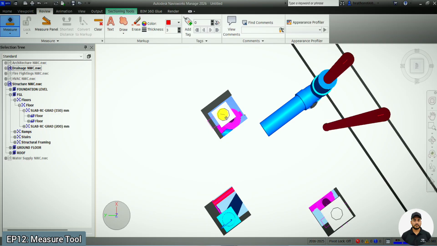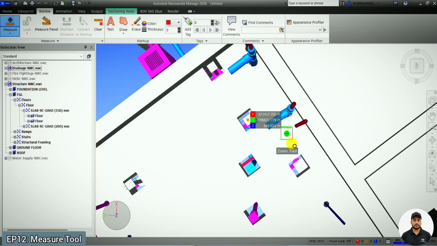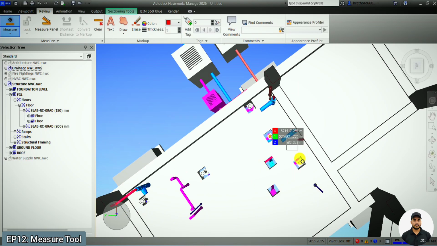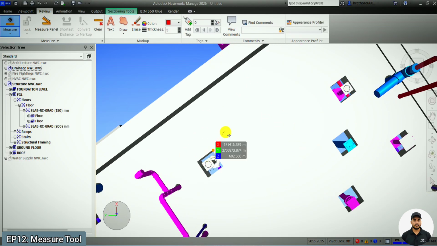So you will be simply clicking here in the center, and it will show you the easting and northing coordinate. Then you can share these coordinates with your site engineer. This is how you can also give the export coordinate location in your Navisworks. If you want to give the edges, simply select the edges, this one, then this one. You can write them down, or take a screenshot of this and share it